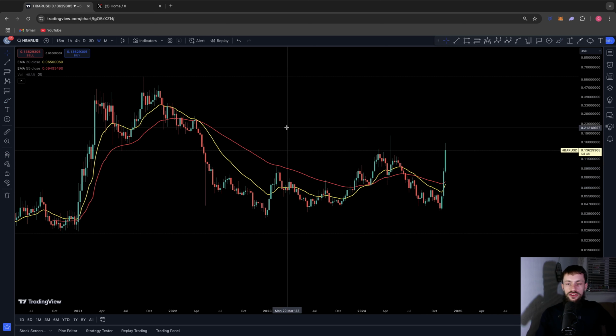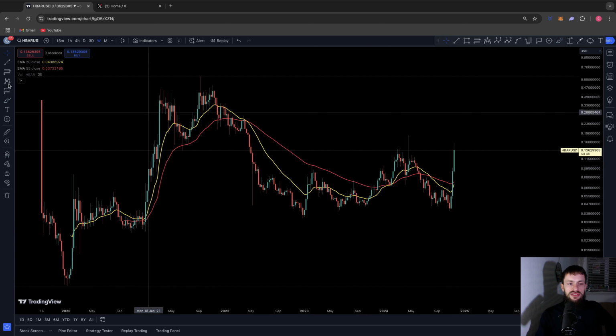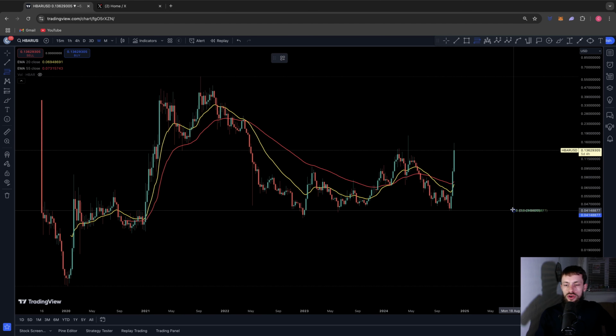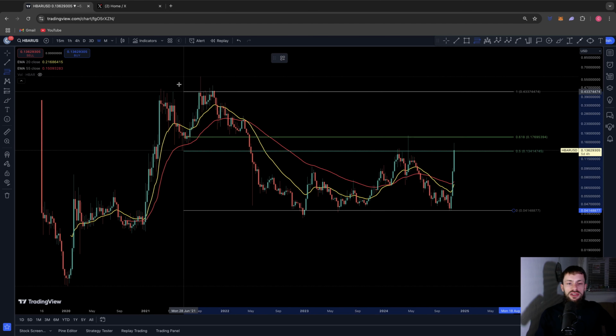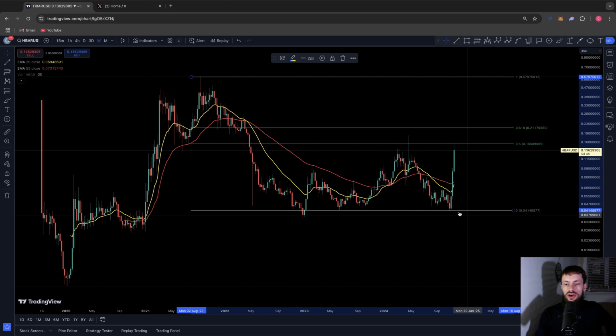It's a lovely recovery, but I wanted to show you why this level is such a key level of resistance and why it might be a struggle to break through on this first attempt. So if we go from the low that we are at now, okay, and the low that we're bouncing from, this key level of support down here at 0.041 back to the all-time high right here, if we just get